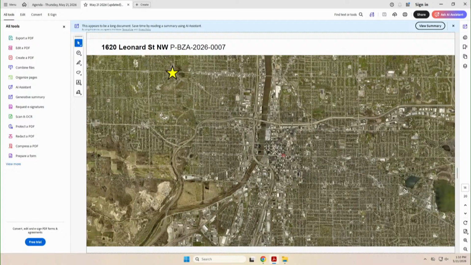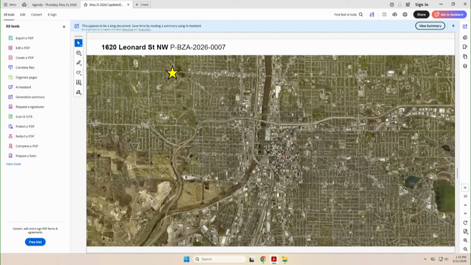Back on January 15th of 2026, the applicant requested a zoning ordinance interpretation that an aviary is an educational use or social service facility. The planning director's interpretation, that an aviary is beyond the scope of the zoning ordinance's definition of educational use, social or service club, or social service facility, was adopted by the board.